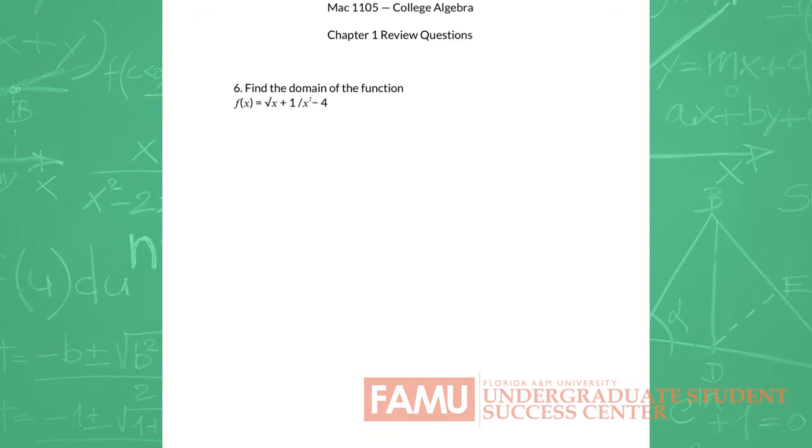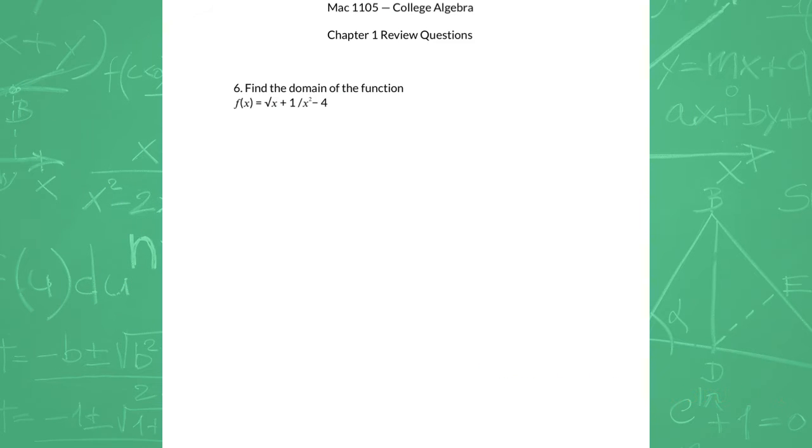Number 6. Find the domain of the function f of x is equal to the square root of x plus 1 divided by x squared minus 4. Okay, so since the domain is the set of all possible x values, to find it we have to consider